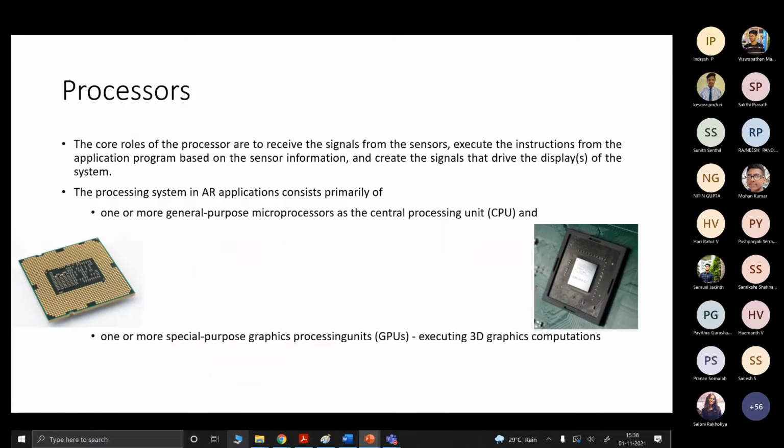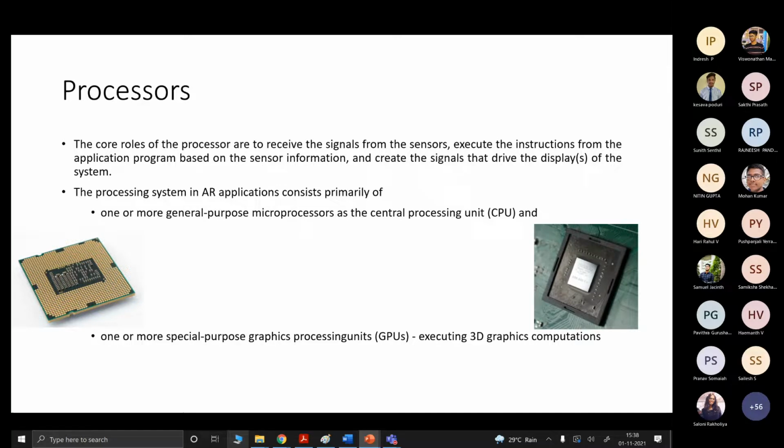In the case of the processor, when we talk about any AR application, the processor can be categorized into two things. One is a general purpose microprocessor, which we can call a CPU, or special purpose GPUs can be used, because when we talk about any AR application which uses generation of 3D graphics, a graphics system requires high computation.